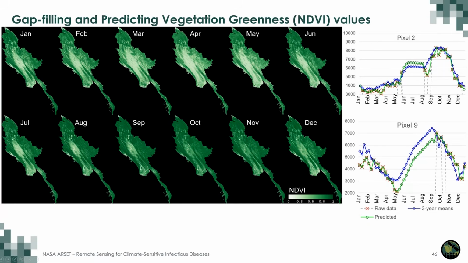If you look at the lower one, it's probably a little bit easier to follow. The red crosses show the real observations of data. And then from May to mid-September, there are absolutely no observations. So we're linearly interpolating values between those observations that are available to us,